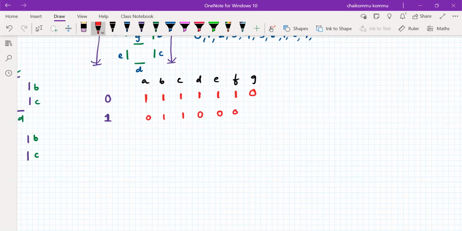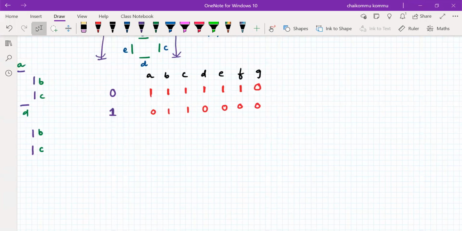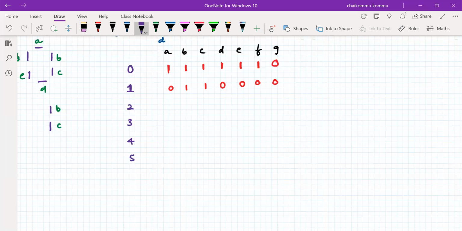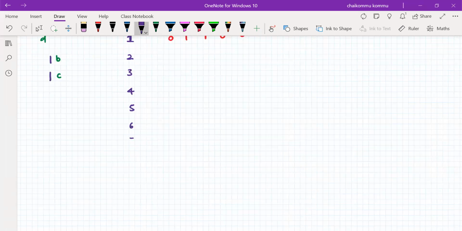Remaining all are zeros. Okay, so something like this for the 2, 3, 4, 5, 6, 7, 8, 9.